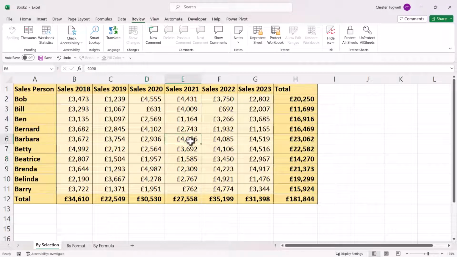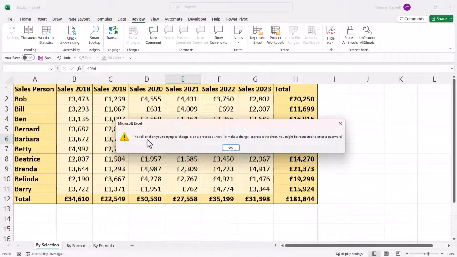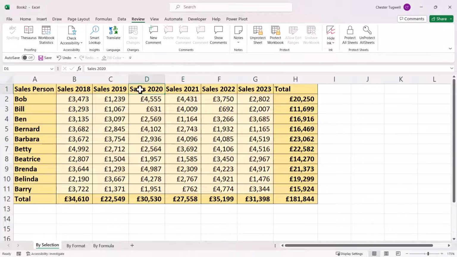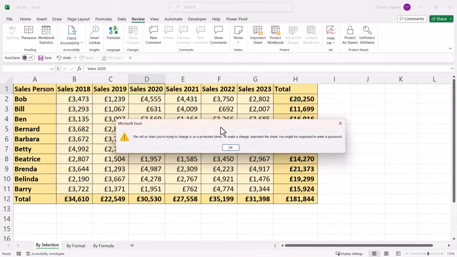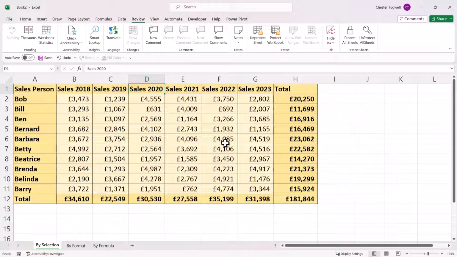Now, if I click in any cell in my worksheet and try to edit it, I get this message telling me that the sheet is protected. So none of these cells at the moment can be edited. Now, normally when you protect a sheet, you want some cells to remain editable. For example, you might just want to protect your formula cells, but you want the end user to be able to add or change other information on the worksheet. So what we'll do is unprotect this sheet